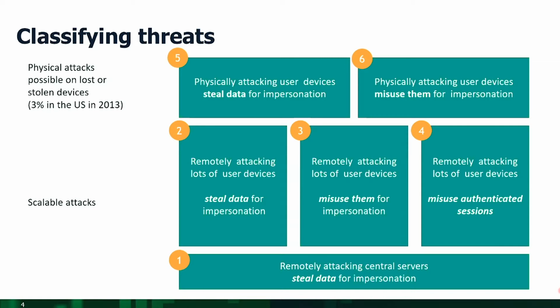And the remote attacking of the user device is typically the man-in-the-middle or phishing type attacks, where users are convinced to log on to a site and provide the credentials as they're using it, and then those credentials are stolen and reused elsewhere. Those first four attacks are generally considered scalable attacks because they can be used to attack 1,000 people or 1,000,000 people with largely the same level of ease from the standpoint of the attacker. And that's the area where the FIDO protocols and authenticators add the most value and have the greatest impact.